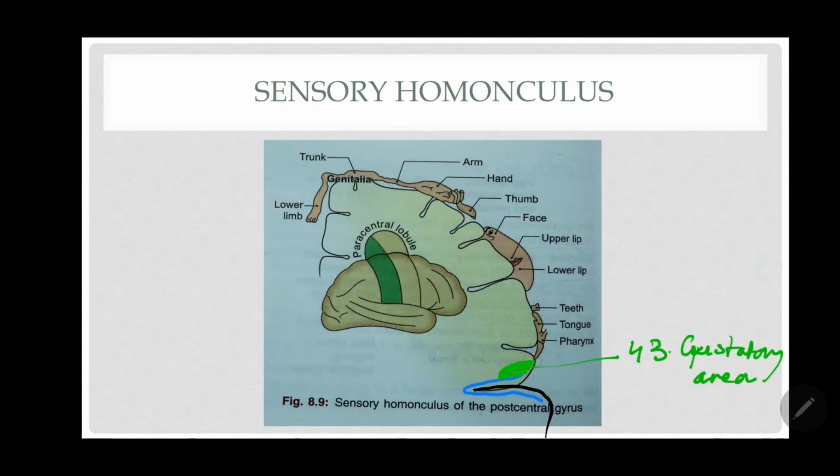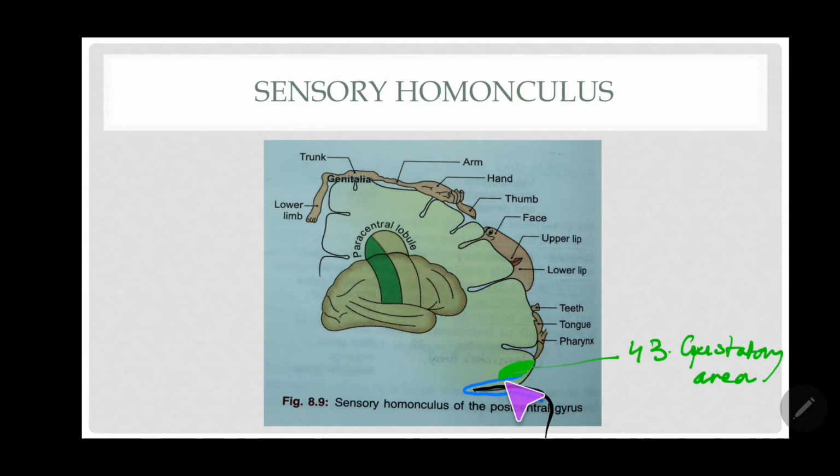Gustatory area. So the purpose I am telling here is that the gustatory area is what type of sensation? It is special visceral afferent, that is taste sensation, which is brought into the nucleus tractus solitarius in the upper portion, while other general sensations from the tongue and pharynx, which are general visceral afferent sensations, are brought in by the same nerves, 7th, 9th and 10th, and are related in the lower portion of the nucleus tractus solitarius, right?